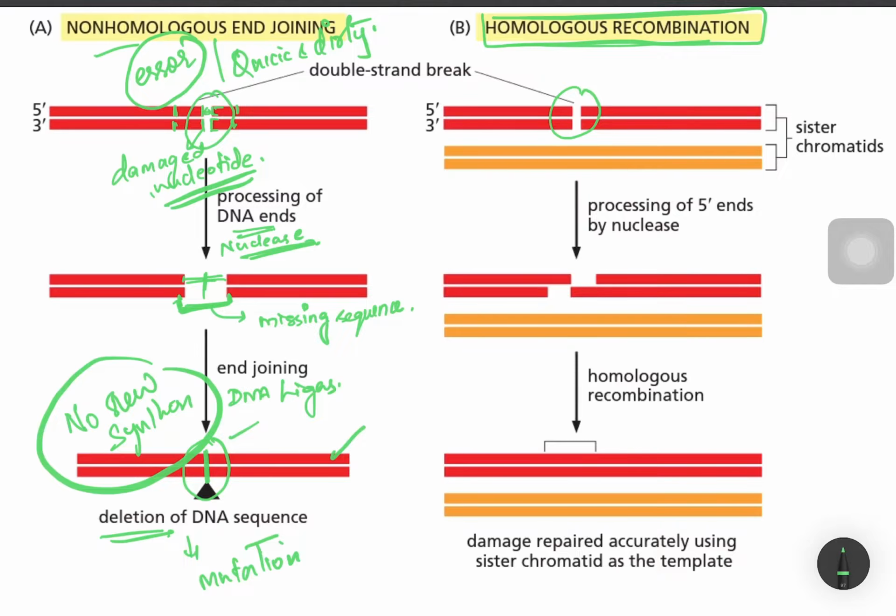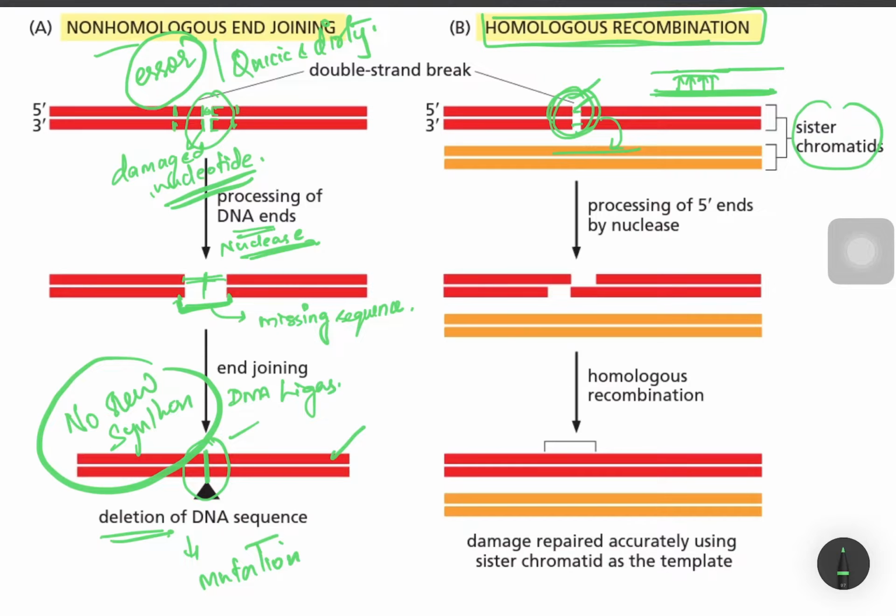So what is homologous recombination? The same damage, but here it is going to synthesize the strands, even though both the strands are damaged. How will it synthesize? To synthesize a broken site, it should have a template. Based on the template, the complementary bases will be produced and it will ligate. So here our sister chromatids come into action. This broken site will make use of our sister chromatids, and from the sister chromatid it will use the sequence as a template and produce the sequences.